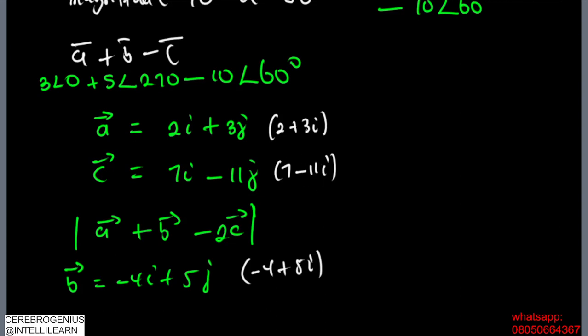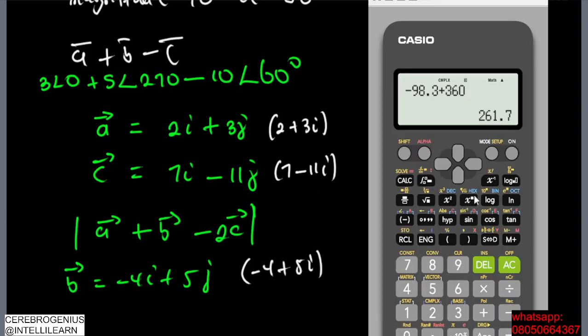So we have our calculator. So let's do that. The first one is 2 plus 3i. So you press alpha, is it alpha or shift? Okay, it's shift. So 2 plus 3i, then plus b, right? So b is what? Minus 4i. So you open bracket, minus 4 plus 5i, close the bracket,